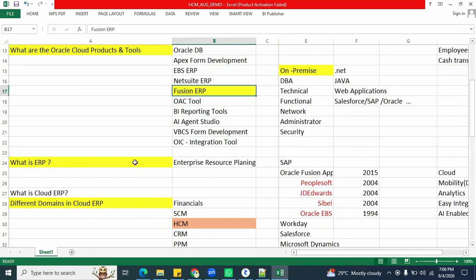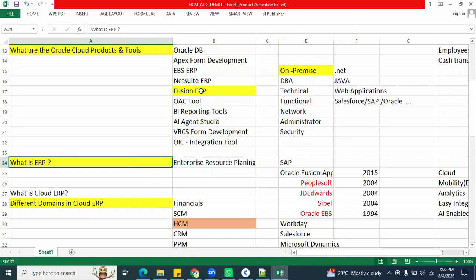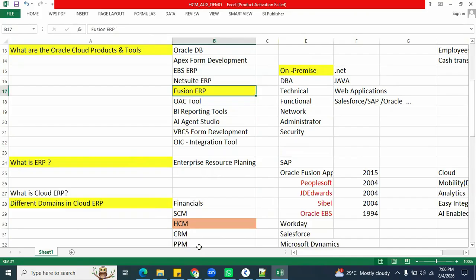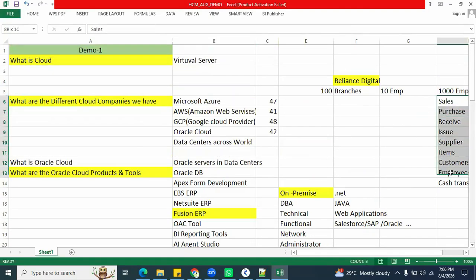And what is meant by ERP? When we say Oracle Fusion is one of the ERP software, first we have to understand what an ERP application is. ERP stands for Enterprise Resource Planning. Enterprise means your clients, to maintain your clients' business data, day-to-day business transactions. It may be financials data or sales data or procurement data or customer call center data, or maybe it is related to the